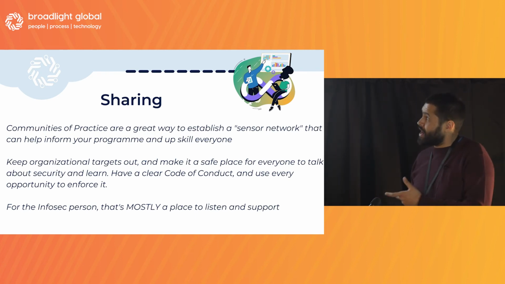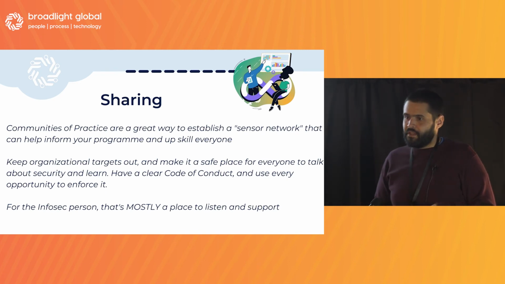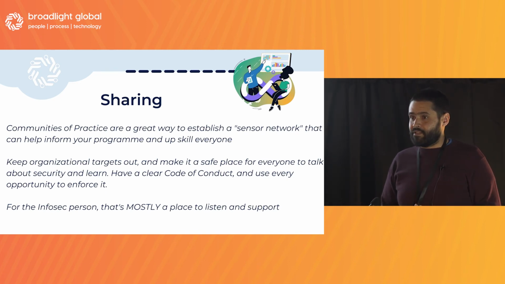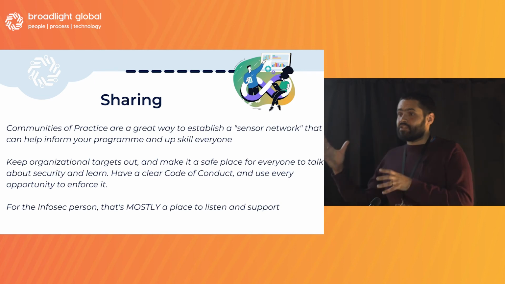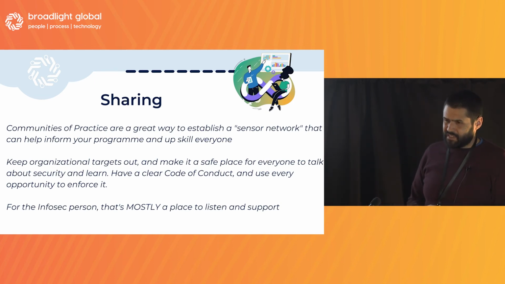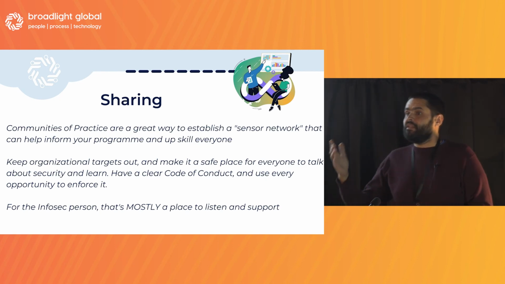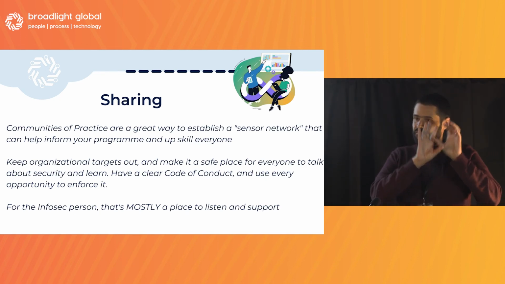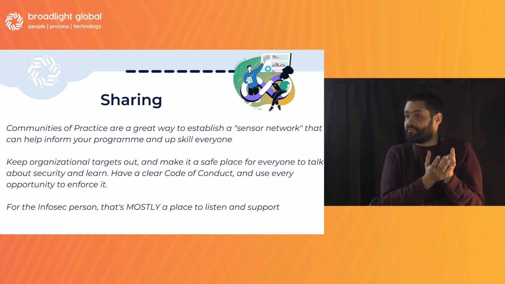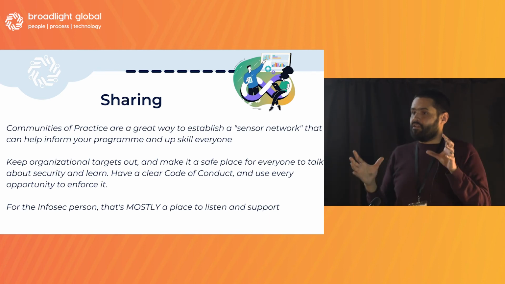And the other aspect of a community of practice is what I like to think of as a distributed sensor network, right? Community of practice is an agile term that became famous even before that with the Spotify model. The idea is that you've got a community that gathers around a particular type of subject, right? So a QA community, a security community, along those lines.